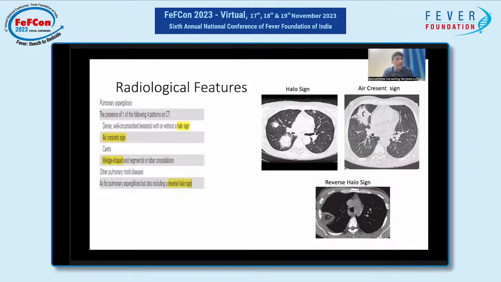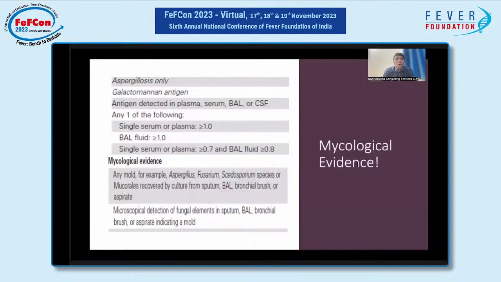But there are many other diagnoses, many other infections, many other fungi that can produce a halo sign. Many infections other than fungal infection can also produce a halo sign. And later this halo becomes the air crescent sign. In mucormycosis, we call it the reverse halo sign, where the thin halo is in the middle and the thickness in the periphery. So these are very suggestive of invasive fungal infection on CT scan. So a predisposed individual with a CT scan suggestive of invasive fungal infection, and then look at a bronchoscopy culture or a CSF culture for brain infection,